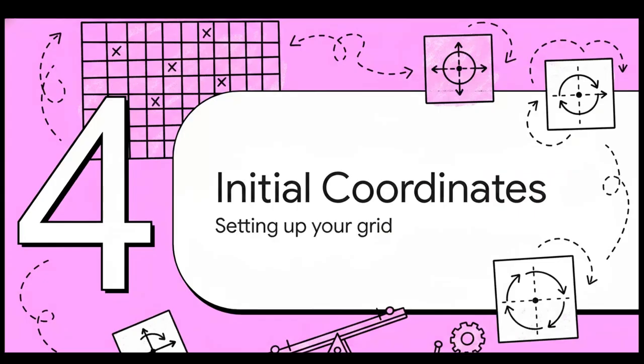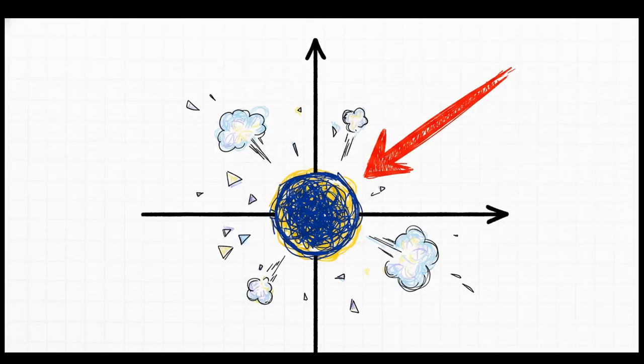All right, section 4, avoiding initial coordinate pitfalls. Let's set up your grid for absolute success. Listen up, because here is your absolute secret weapon, what I call the golden exam rule. Always place your first particle exactly at the origin, 0, 0. If a test question doesn't specifically give you the starting coordinates, be smart about it. Placing that first mass at the origin magically makes a huge chunk of your complex algebra equal 0, and it just completely disappears.